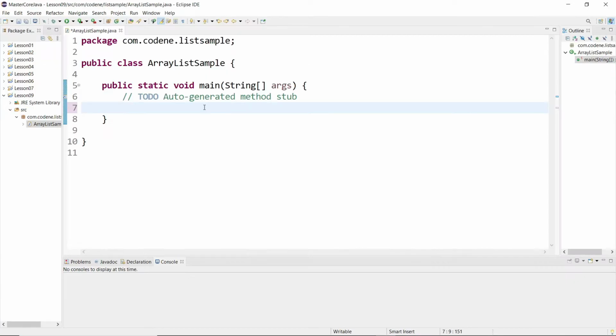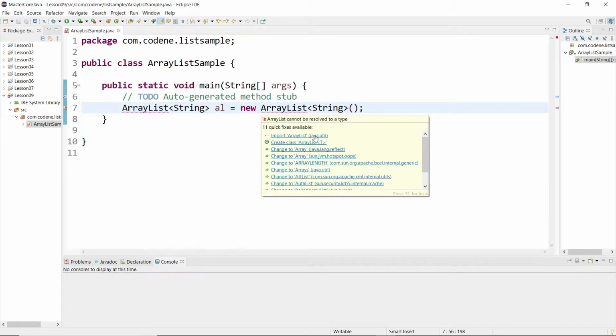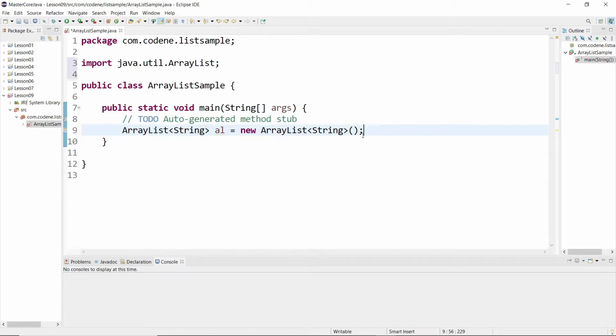Here I have a sample class array list sample, and inside this let's say I want to declare an array list which will contain a string. al equals new array list of string. Now just hover over it and we just need to import the array list. This belongs to the Java util library, and now the import is done and our array list al is ready.